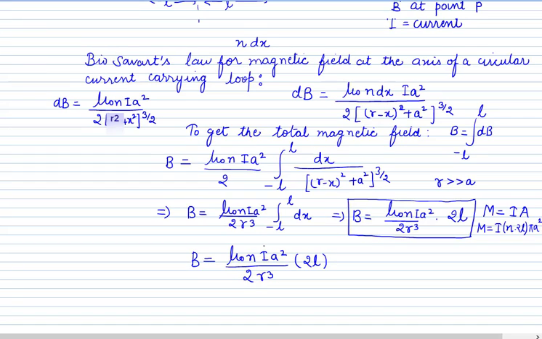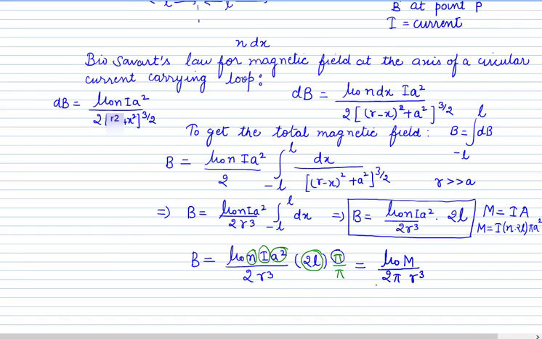If you want to put M, then I is here, n is here, a square is here, and 2L is here. So we multiply and divide by pi. So this is equal to mu naught, then all these things, n I a square 2L pi, this will become M, and this is 2 pi